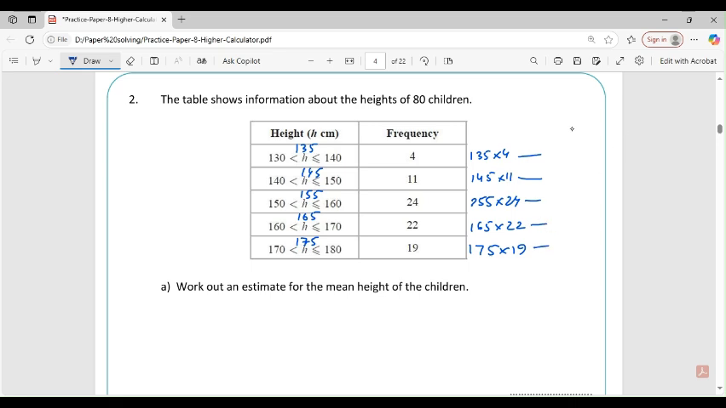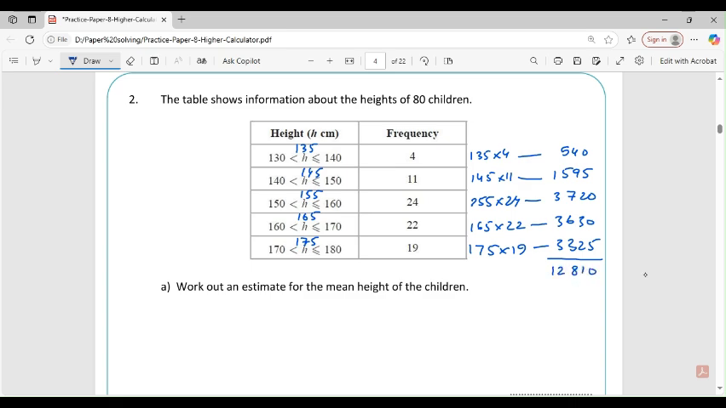The first value is going to be 540. The next value is going to be 1595 once you use a calculator. And the third value is going to be 3720. Next is 3630. And the last one is going to be 3325. Once you add them all together, you'll get